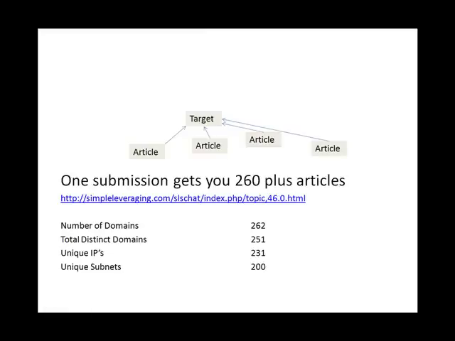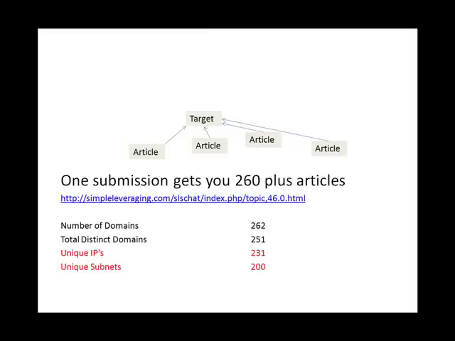If you've got 200 subnets under it, you've probably got about 2 to 200 not only C-class IPs, but probably in a lot of cases A and B class as well, because these are directories that are hosted worldwide by individual members, and the likelihood of shared hosting is pretty remote. So as we've said, the key thing here is the unique IPs and the unique subnets. This gives this network real power, because very quickly you can find that your articles are on there, they're getting supported, the whole nine yards.